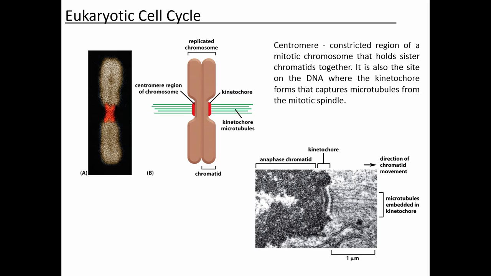And the kinetochore is a protein complex. And the microtubules that attach to the chromosome from the mitotic spindle attach to this protein complex. So the microtubules in the mitotic spindle that attach to the chromosomes attach to the chromosomes through the kinetochore. Okay, so the kinetochore is a protein complex that forms on the centromere, and each sister chromatid will have its own kinetochore, and then the microtubules attach to that kinetochore that has formed on the centromere.